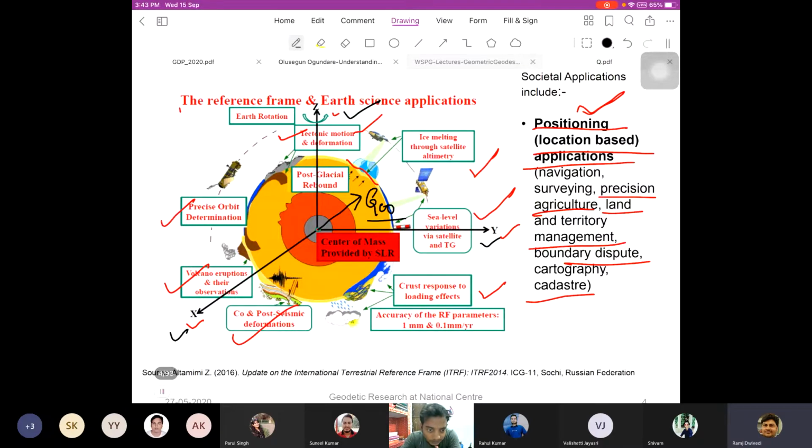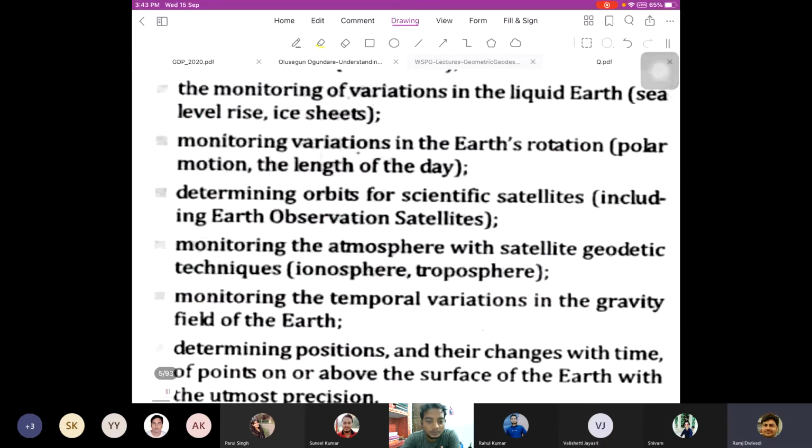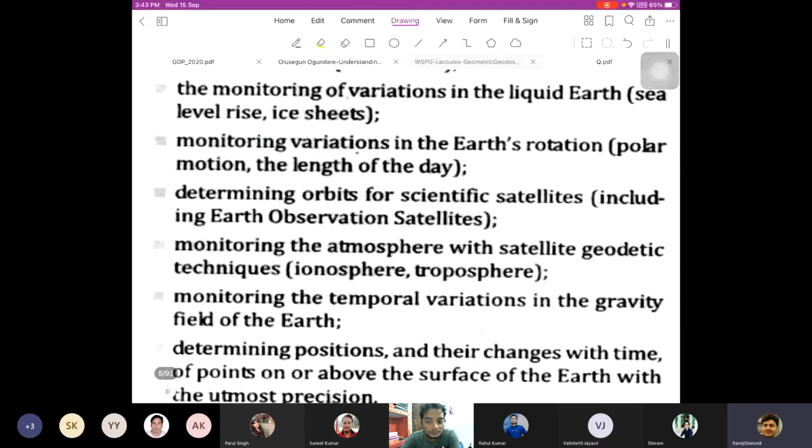So these kinds of applications are there once you are familiar with the so-called reference frame, and then these applications would serve the purpose. Okay, these are various types of applications, which I hope you are aware of, including monitoring of the solid earth. Many times you try to work in this area, be it so-called tectonic evolution,